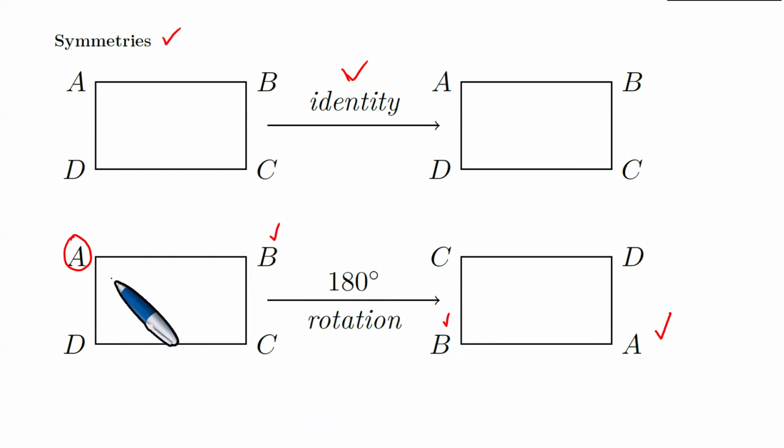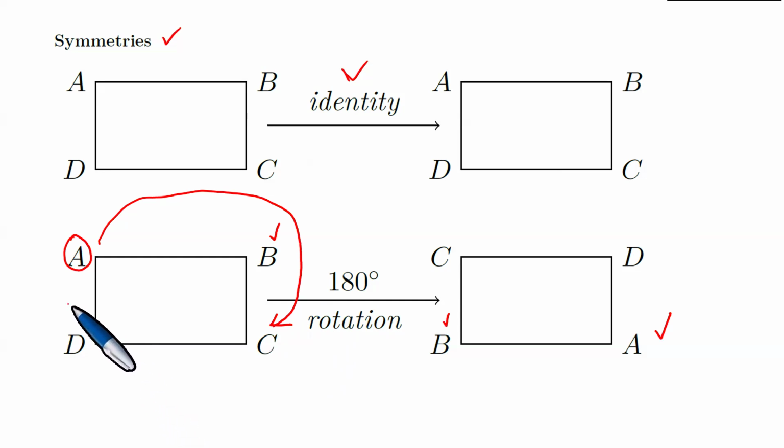So what has happened? Let's check together. If you look very carefully, this A has gone and is now sitting in that position. Similarly, this A has gone and is now sitting in that position, which is the most accurate